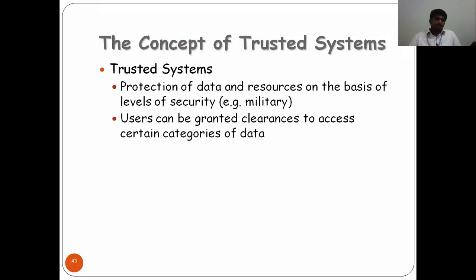For example, you can take the example of the military. In the military we have various types of officers, and each officer has certain rights. We can go deep into the system, but all people cannot enter deep into the system. Some people have full rights based upon how deep they can enter. For example, at a major level we have some categories, such as simple name, army man. What is the username, and what are the criteria? What type of data can he access? So those are the categories of data.